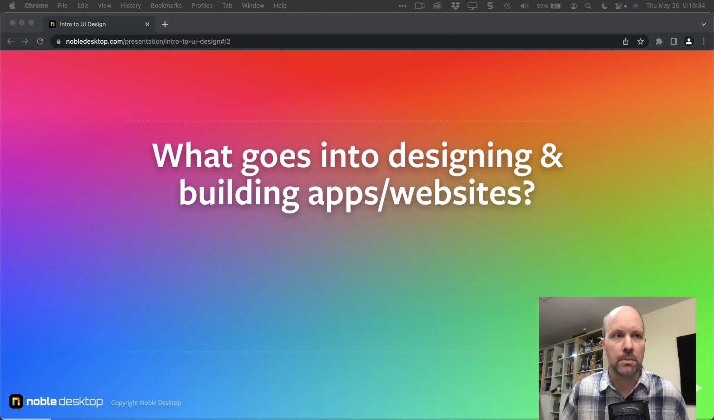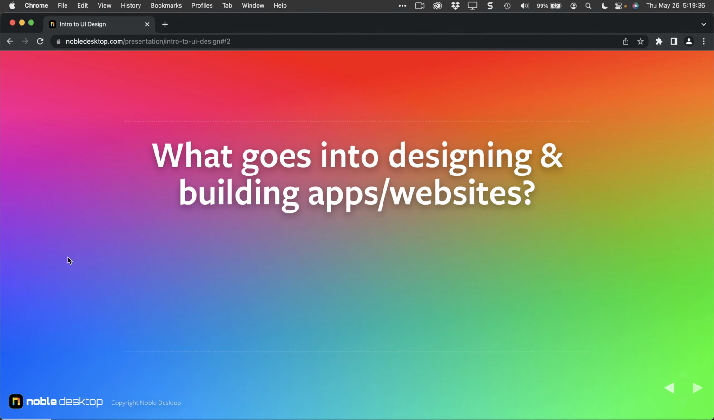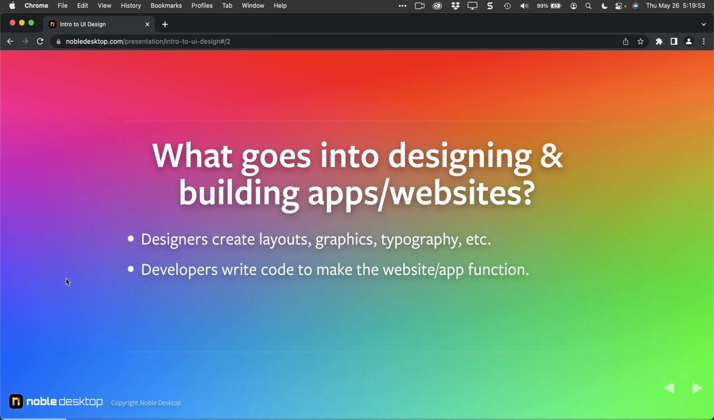I'm going to turn off my webcam here so you can focus on the slides and that I don't cover them over. So what exactly goes into designing and building apps and websites? Well, designers need to create the layout, graphics, typography, so you're creating the look and feel of these digital products. Now, a developer will later have to go in and code that to make it into a fully functional website